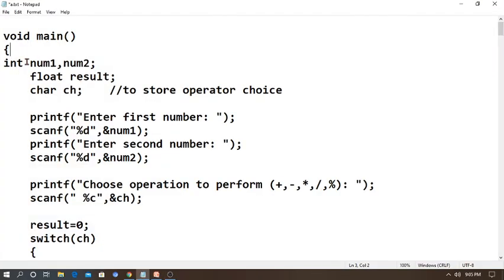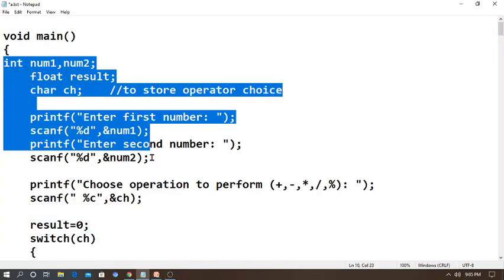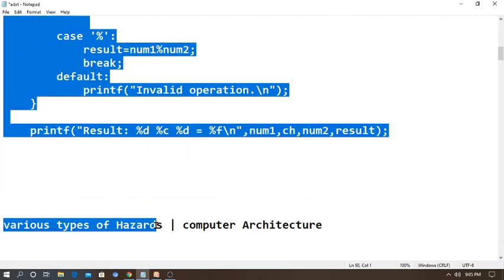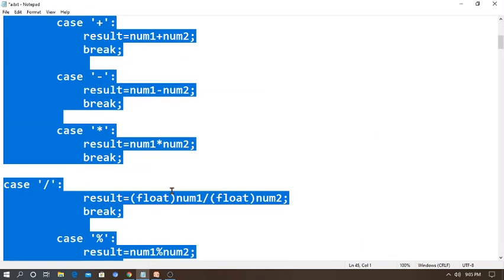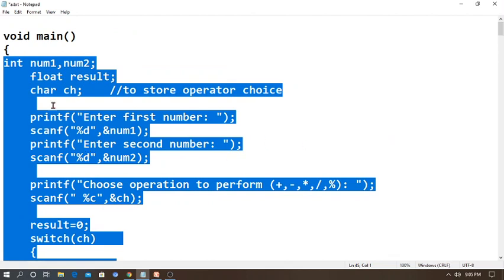So you can start with void main or int main also. Here I have a program, so simple and easy. I am going to write a program that performs addition, subtraction, division, multiplication and remainder also. I am going to use data types, initializing int num1, num2, then